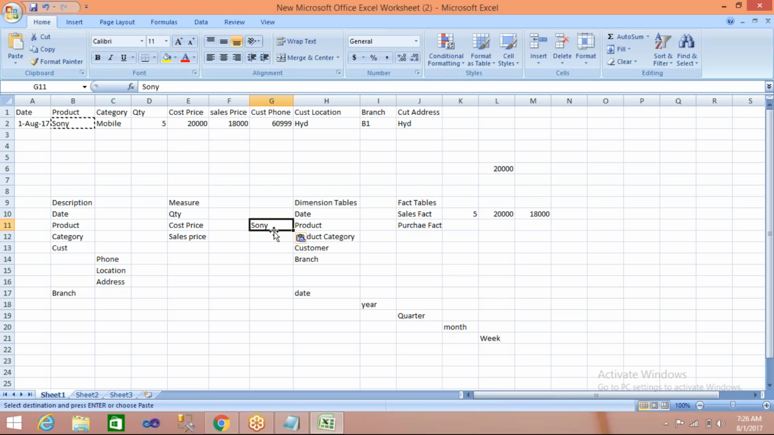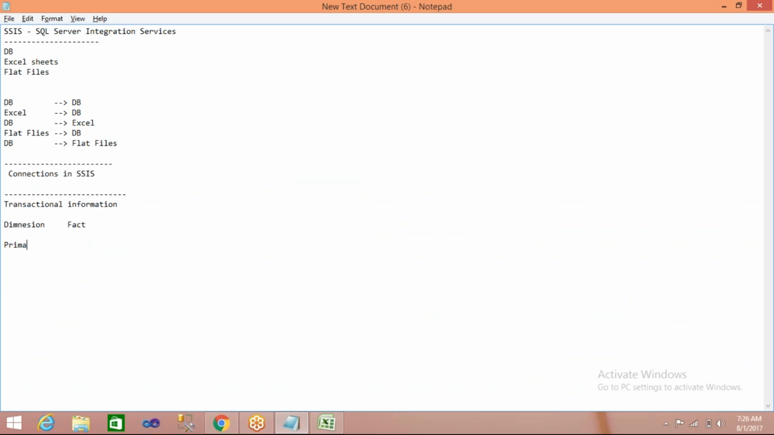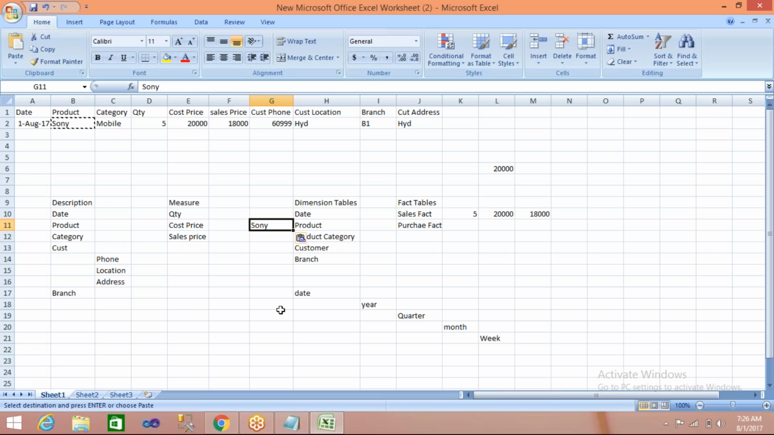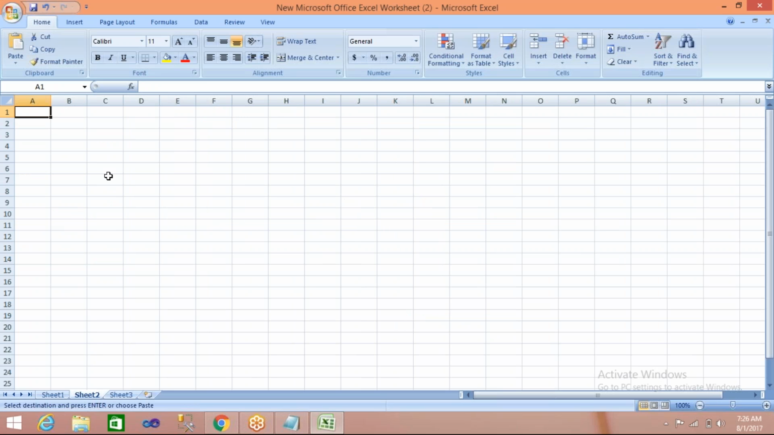For that purpose, how we build a relation between dimensions and facts is a primary key and foreign key relation. So we maintain a primary key and a foreign key relation. What is a primary key? Let us say we are talking about a product table. In the product table, let us say product name,